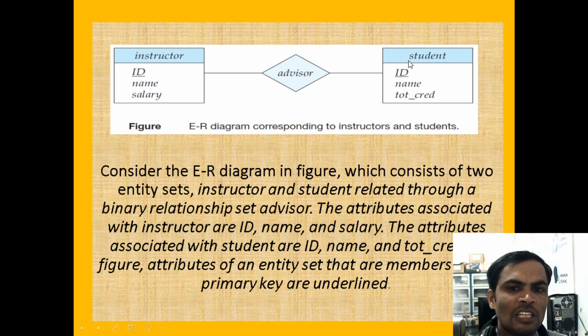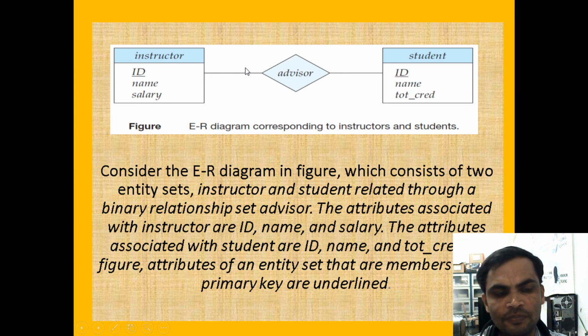Instructor is an entity, student is an entity. Between these two entities, a diamond symbol is called a relationship.